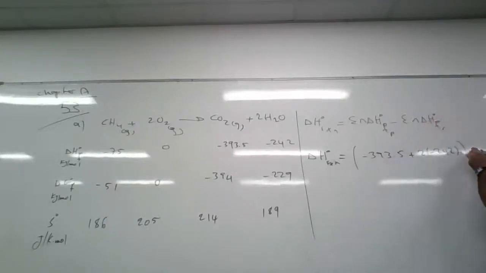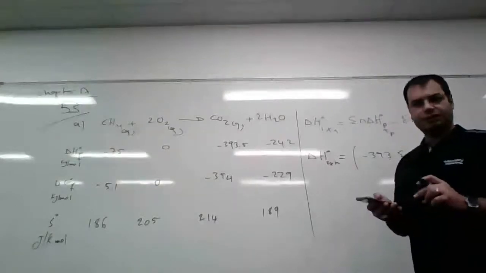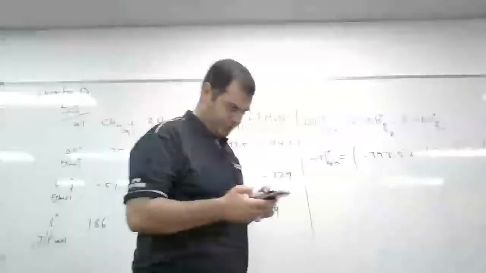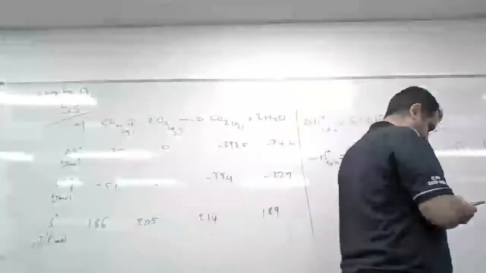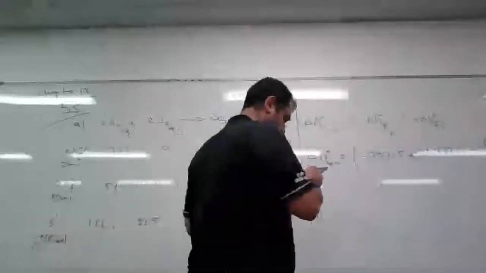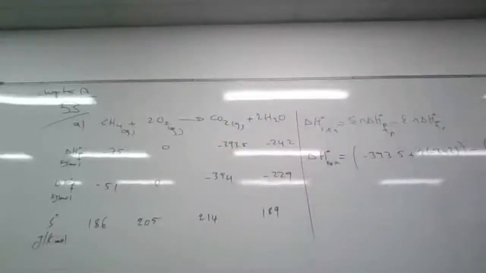For the reactants, minus 75 for CH4. There is no zero here, we will not count the zero. So what you get is what you get. So it's going to be minus 803 kilojoules, as Mishal said. Yeah. Now go for